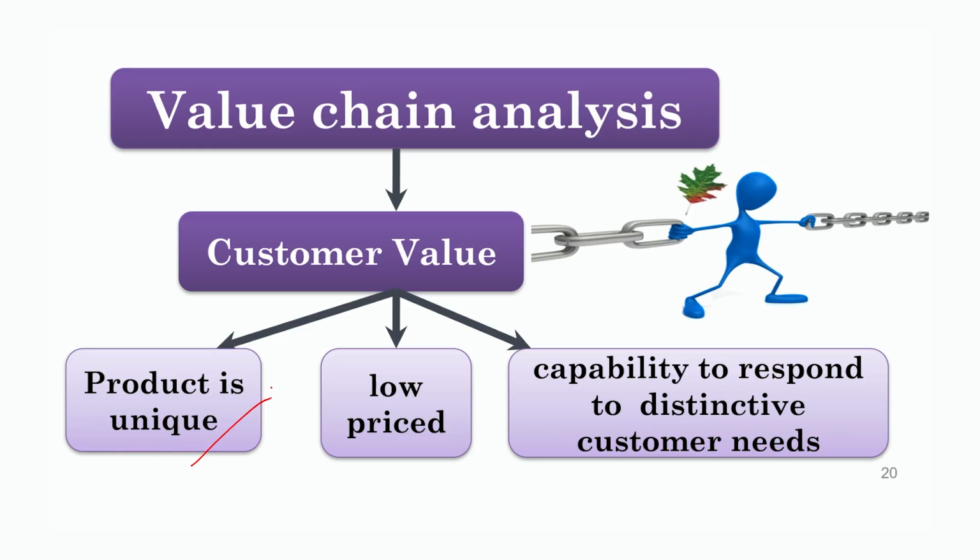Next component under internal environmental analysis is value chain analysis. Value chain analysis is based on the premise that customers always want some kind of value from the product he or she purchases. What kind of products will customers get value from? When the product is unique, it has to be differentiated in any manner. There has to be some kind of uniqueness in terms of design, in terms of innovation, in terms of price, in terms of customization. That uniqueness is something which customers should be able to value, and they should be able to pay a premium price for that particular thing. Then the product is unique and the customer will get value from it.